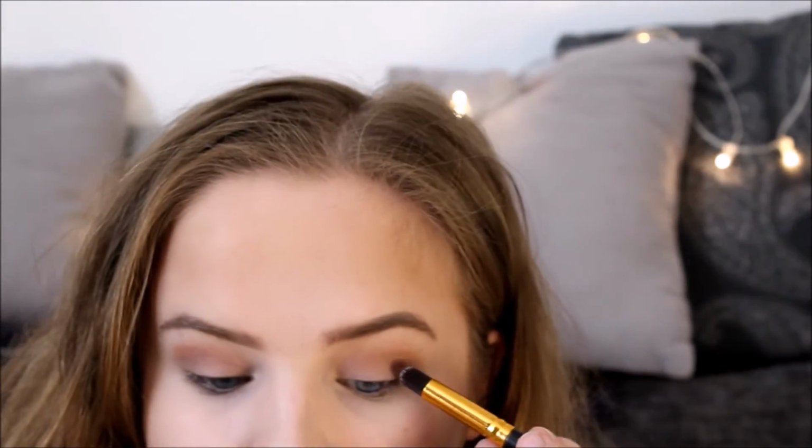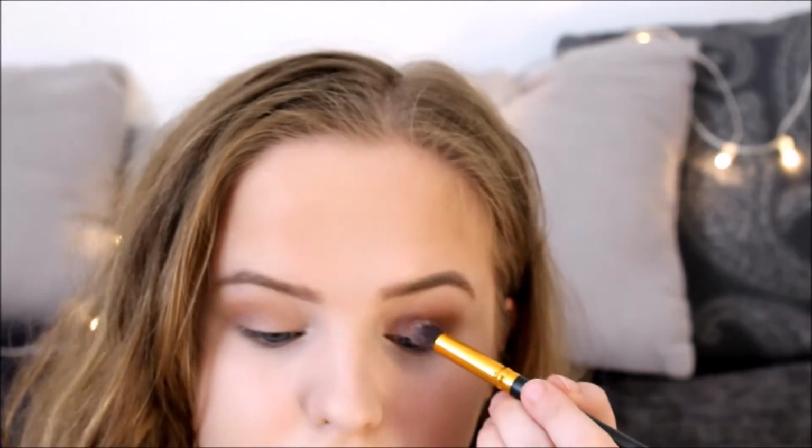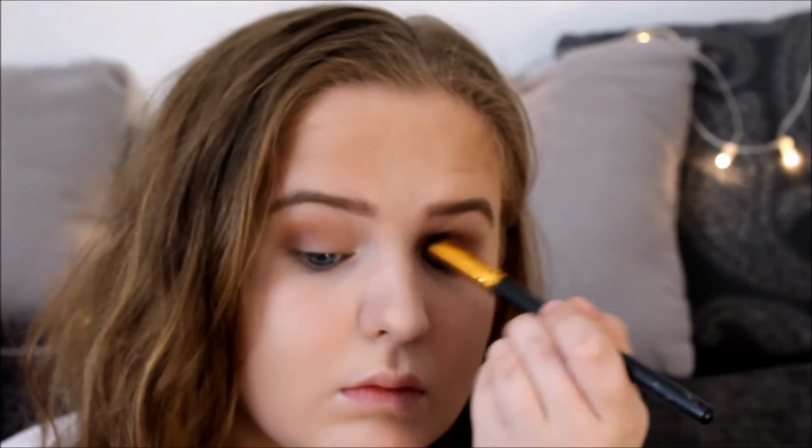Then I'm going in with Saddle from MAC and just running that where I put Naked, just to warm it up a bit because I felt like it was a bit too cool toned. Then I'm going in with Dark Brew from MAC all over the lid and just packing this on with a fluffy brush basically. I'm just trying to disperse it quite evenly and taking it right into the inner corner, but not too far into the inner corner, so it doesn't look heavy but it doesn't stop sort of thing, so it's all over the lid, and then just keep blending that out until it looks quite seamless,